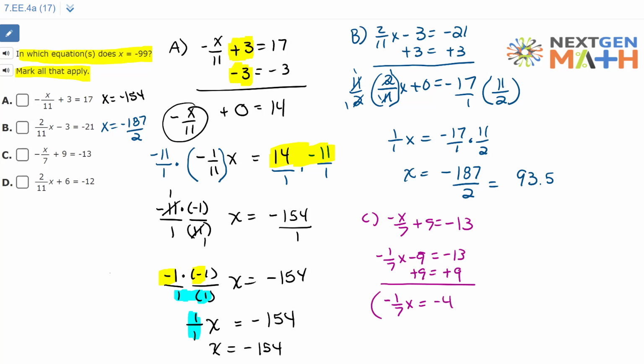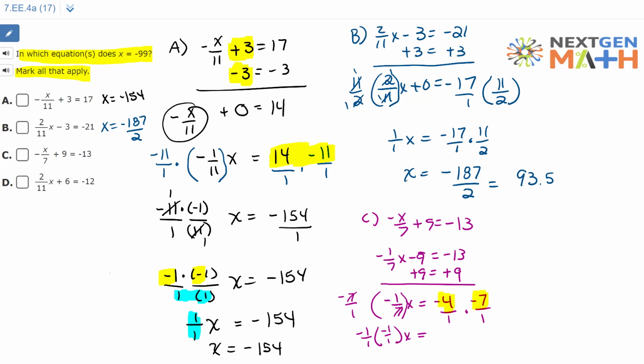Now we're going to multiply each side by the reciprocal, which is negative 7 over 1. Because we've done this, 7 over 7 becomes 1 over 1, so we're left with negative 1 over 1 multiplied by negative 1 over 1 x equals